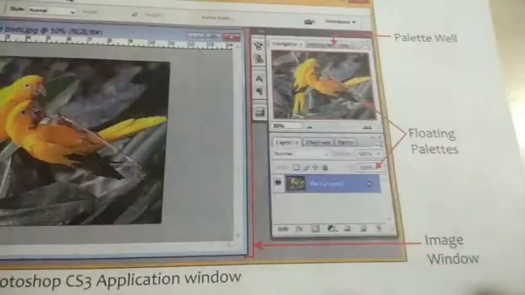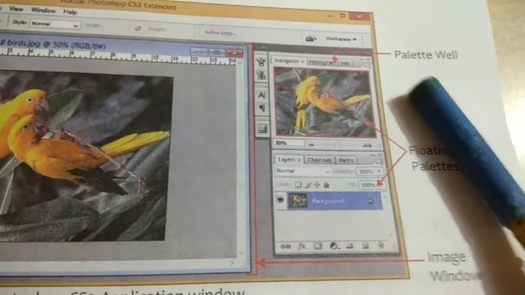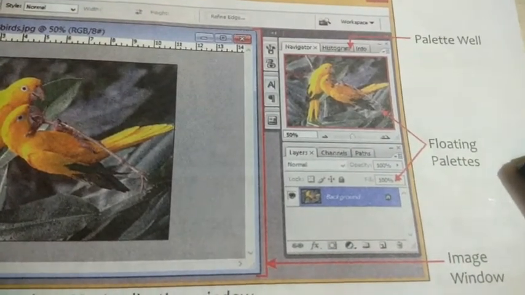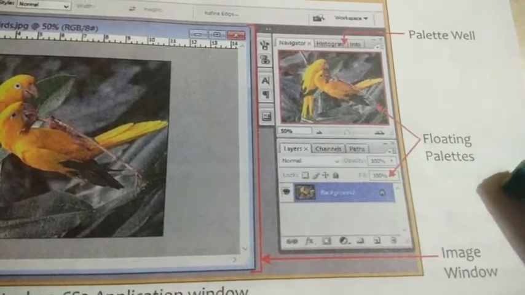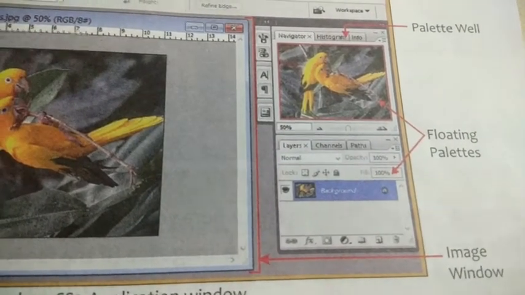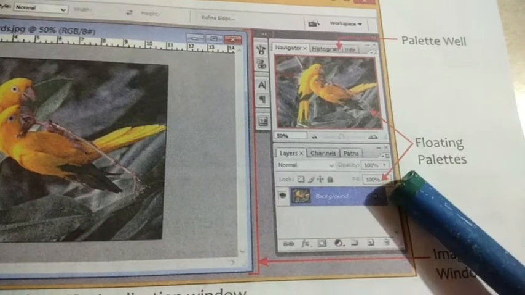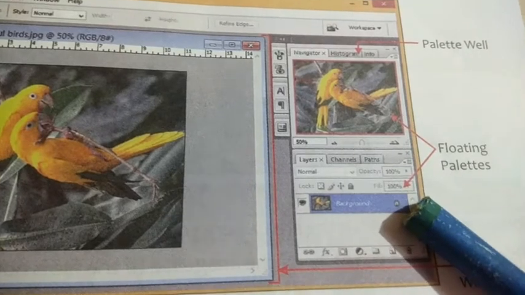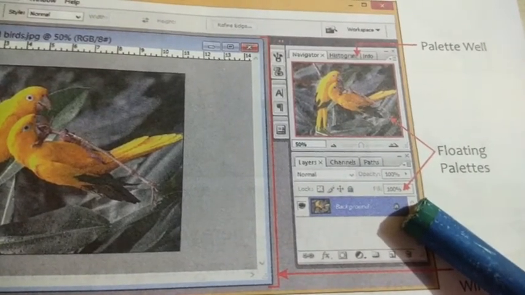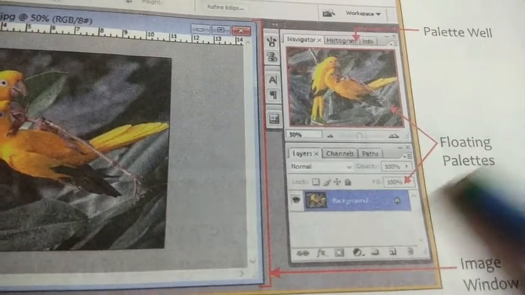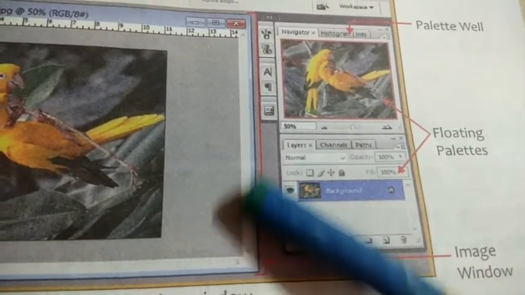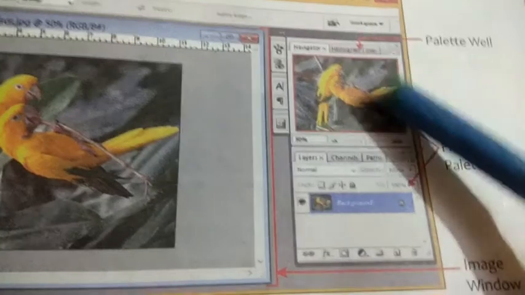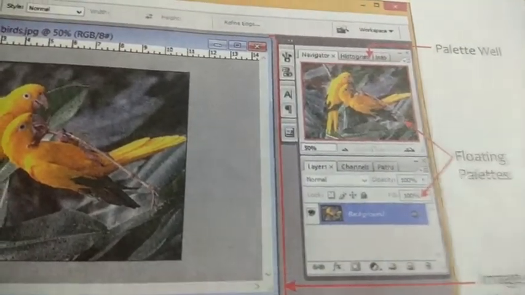Okay, students, so you can see properly in this. First of all, this area is known as the palette. Then next is your floating palettes. You can select the percentage of zoom for a picture, such as 100%, and you can increase and decrease the size of the picture. Then next is your image window. This area is known as the image window. Then the floating palettes, which are panels of the workspace.